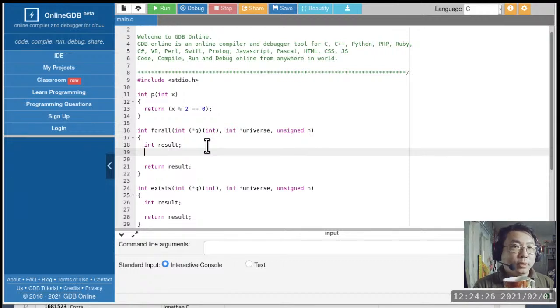We're only concerned about: does the predicate pointed to by q return true for everything in this universe, which is really just an array? So that is what I want for all to compute.